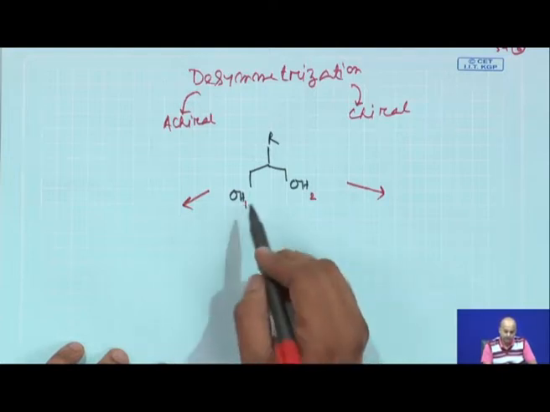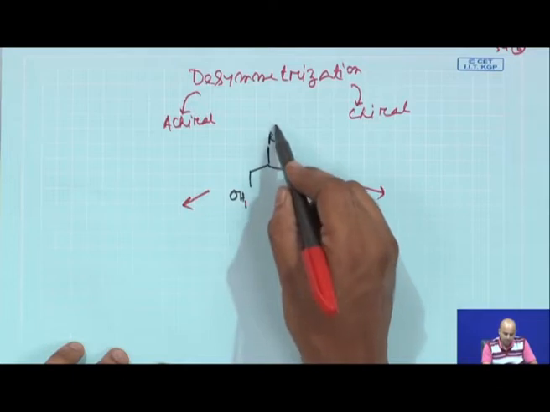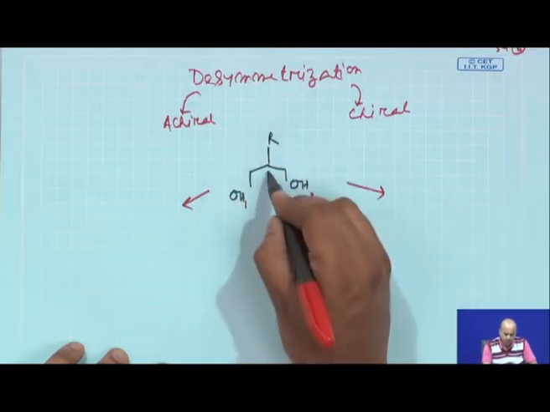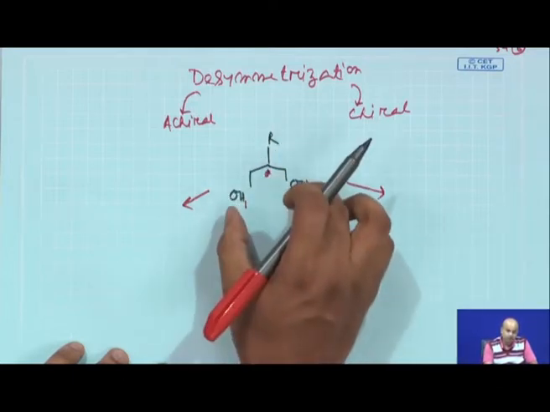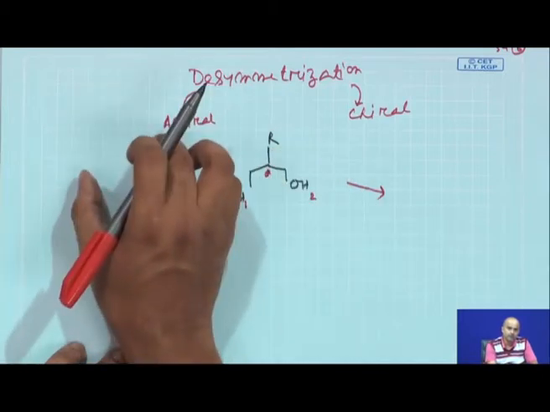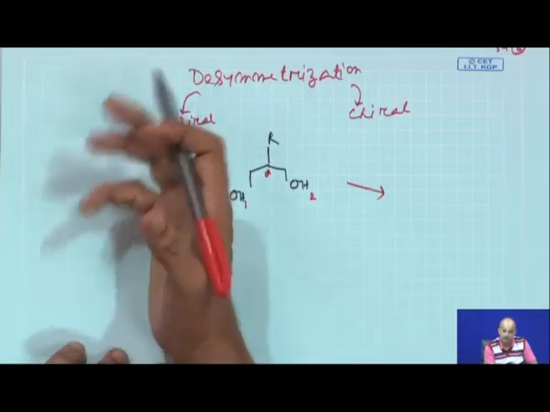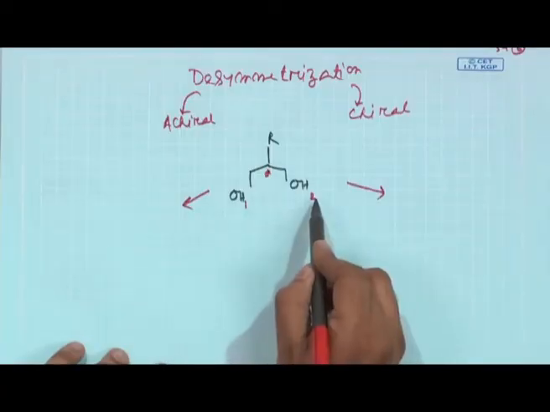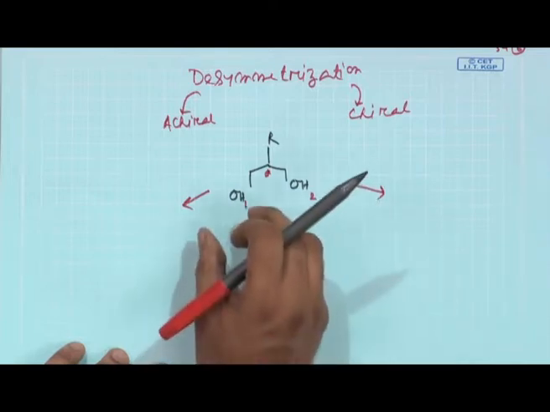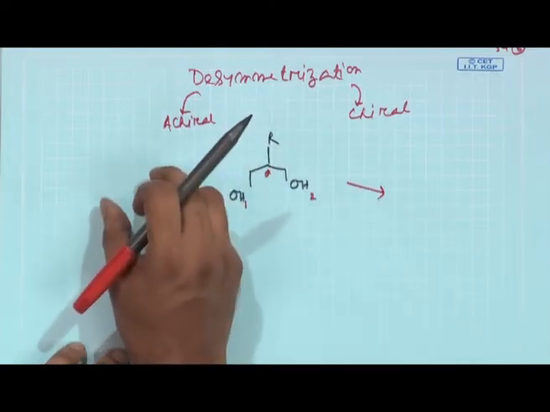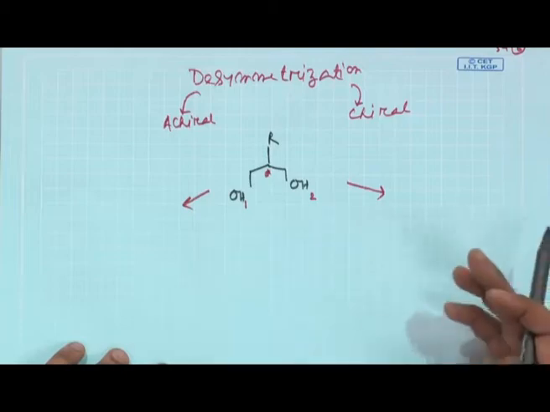Chiral fashion means this compound is prochiral. Now, I will try to put this prochiral compound in a chiral environment, the same way chiral resolution or kinetic resolution takes place. What happens is that this OH1 and this OH2 are basically enantiotopic, so they might interact with this chiral atmosphere in a different way.